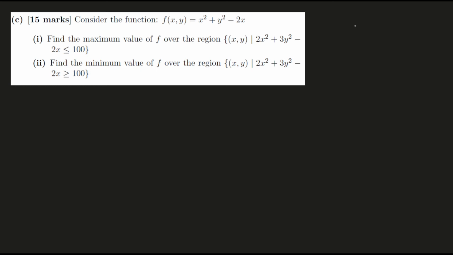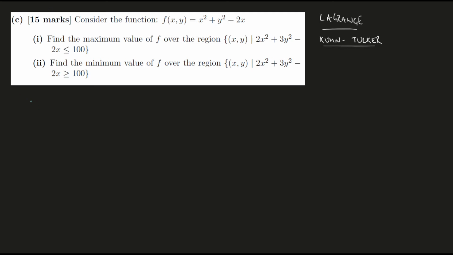For the C part of question number 1, you could go the standard way of using the Lagrange method and then satisfy the Kuhn-Tucker conditions and eventually solve this question. You would have to find the stationary points and then make sure that you have found the global maximum and minimum out of those stationary points. But I personally like the geometric method of solving this question. So let's get started with that.